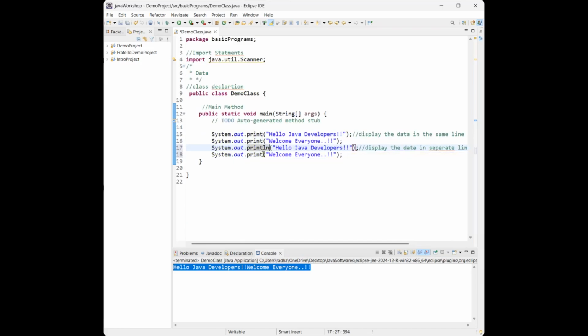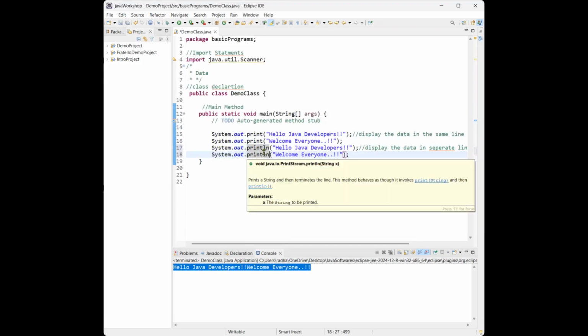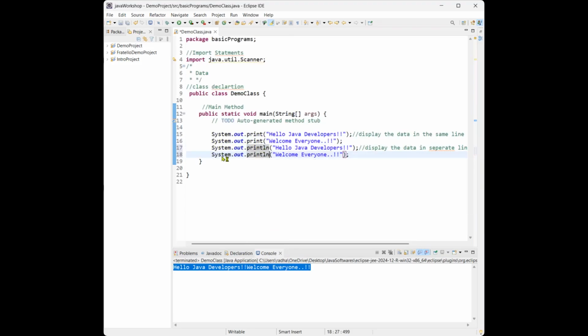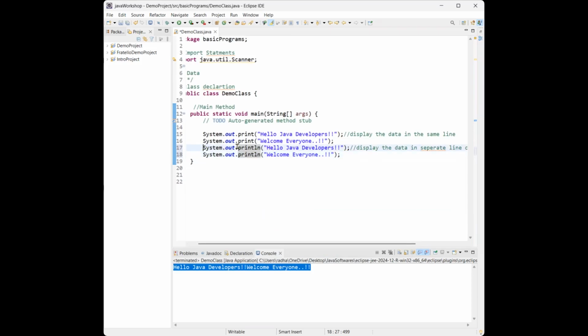System.out.println. Here we need to use a println. What it will do is, after printing out this output statement, "Hello Java developers", it will add a new line to this system.out.println statement. Let me print